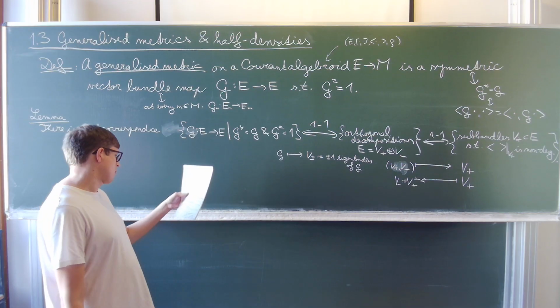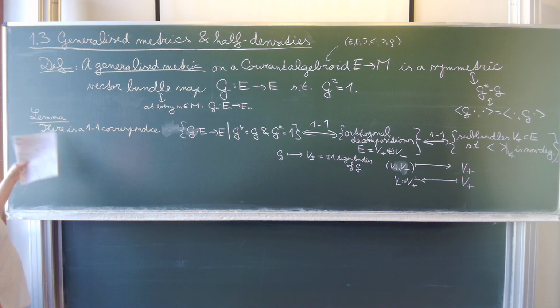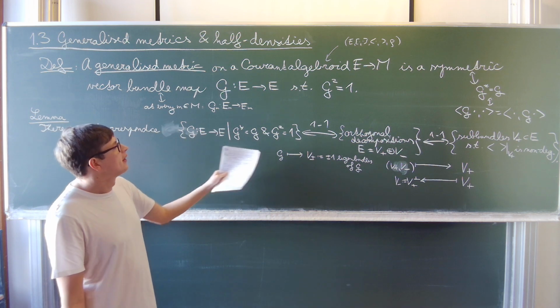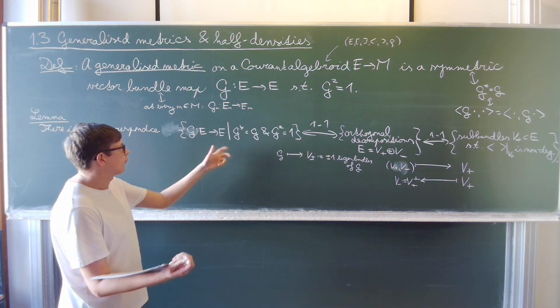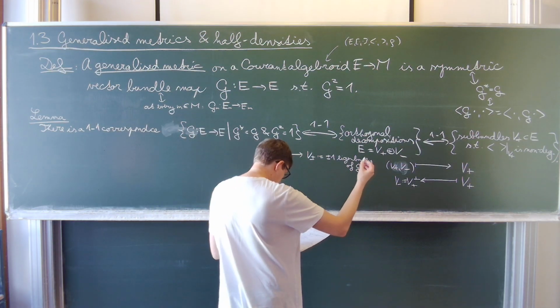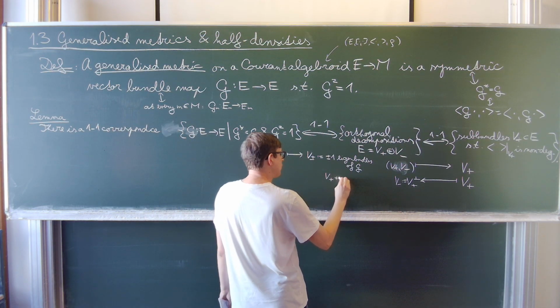Okay, so maybe I shouldn't need to call it a lemma. But okay, I already did, so let's go with lemma. So why is it a one-to-one correspondence? Let me write the other way as well. If I start with the orthogonal decomposition, so if I have V plus and V minus,